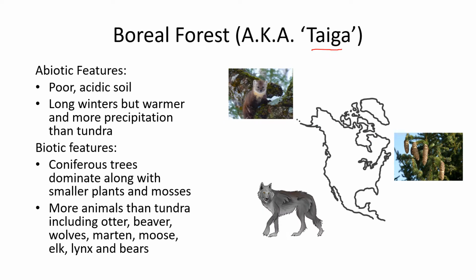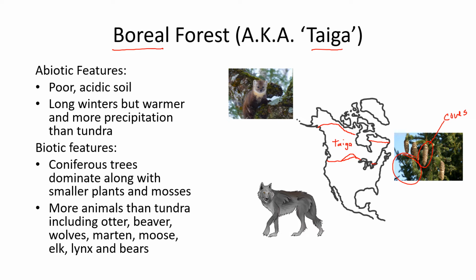Secondly, the taiga. So the taiga is otherwise known as the boreal forest, and the key thing about boreal forest is it's all coniferous trees. The coniferous trees have cones. So any of those evergreen type trees that you've seen around that have cones, that would be the taiga. And so the taiga is like most of Canada. I guess there are some grasslands in the middle of Canada, but most of it is taiga.